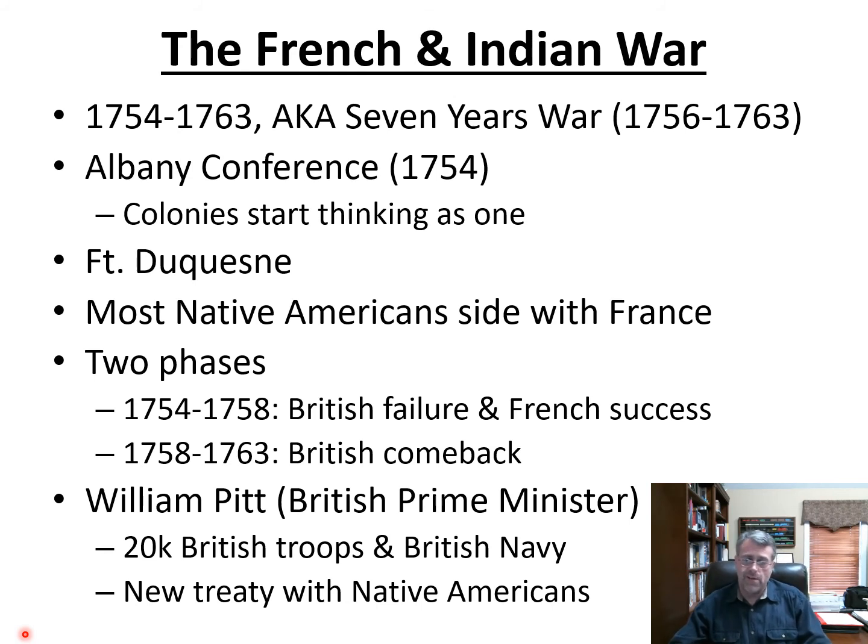So Pitt marshals the full strength of the British Navy and the British Army, and he sends them to North America to fight the French. In the end, more than 20,000 British troops are going to show up here in North America with the full backing of the British Navy. So basically, all those French soldiers that are here already are going to be isolated. The British Navy is going to blockade all the rivers and the ports, isolating the French troops. They can't receive any kind of reinforcements.